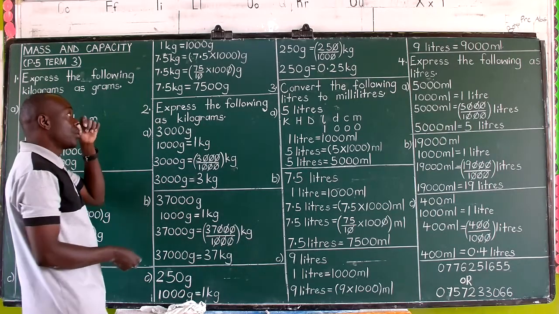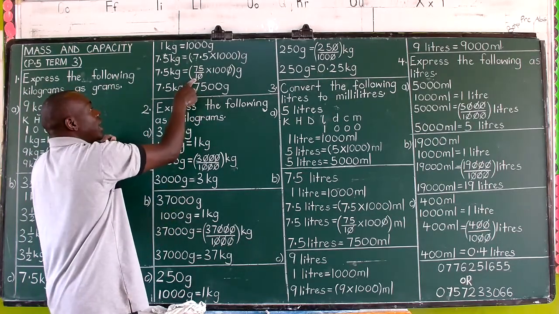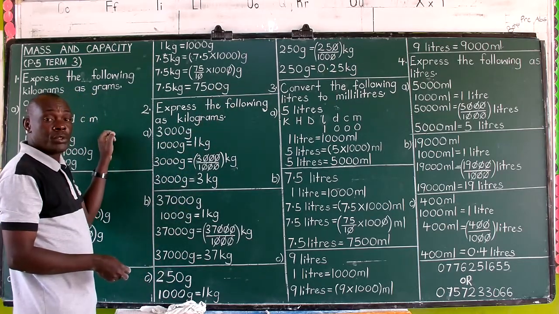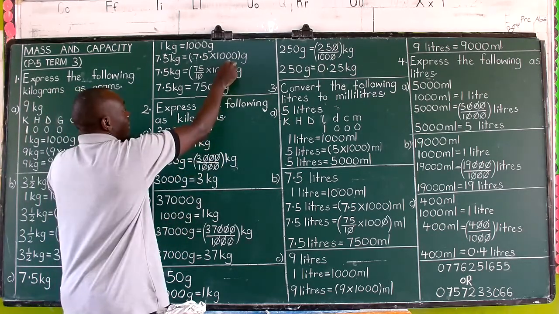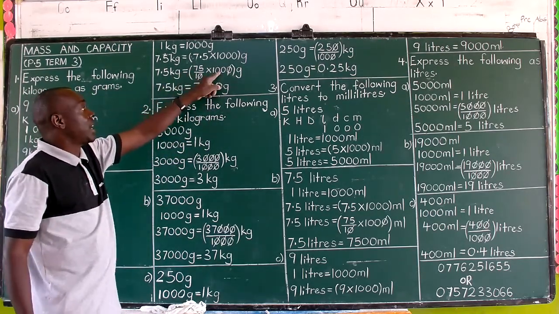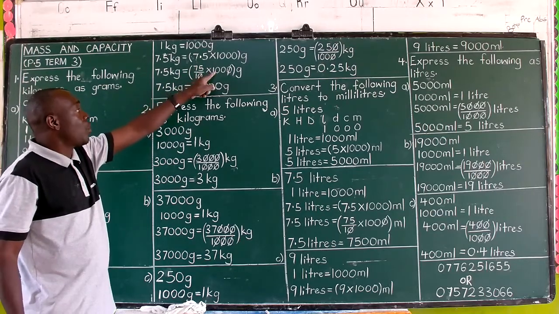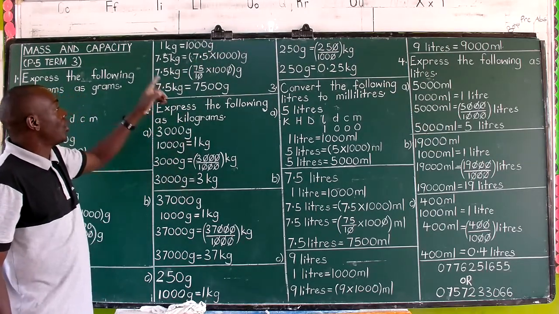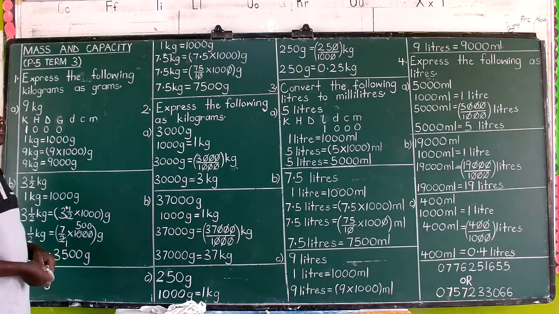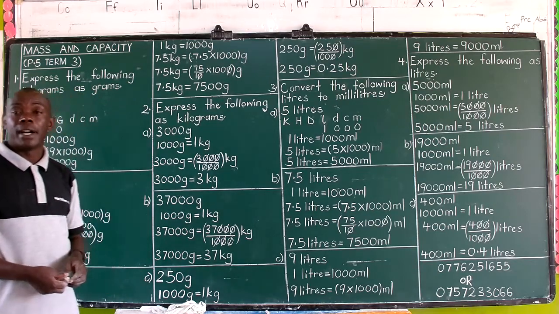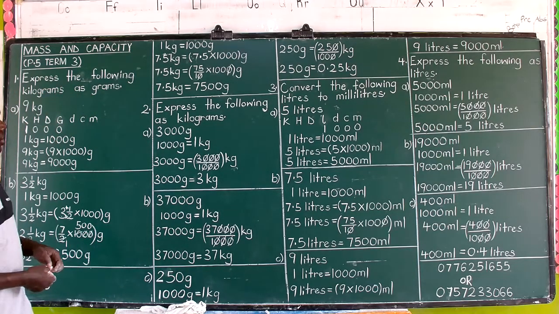So we then cancel 10 divided by 10, you get 1. 1,000 divided by 10. Whenever you cut the zeros off, you actually divide by 10. So 1,000 divided by 10, you get 100. So you have got 75 times 100. Where 75 times 1 alone is 75, then the zeros down here. So 7.5 kilograms are equivalent to 7,500 grams. So that is it.